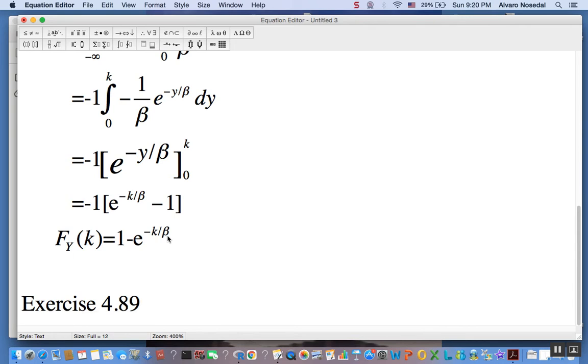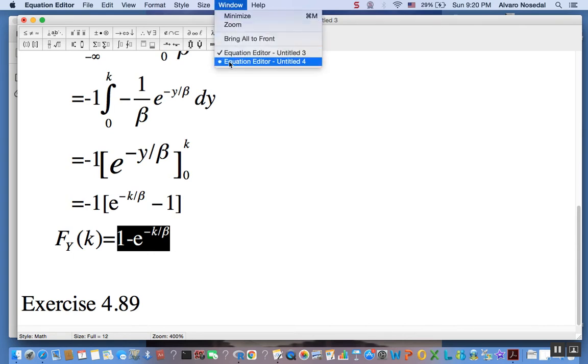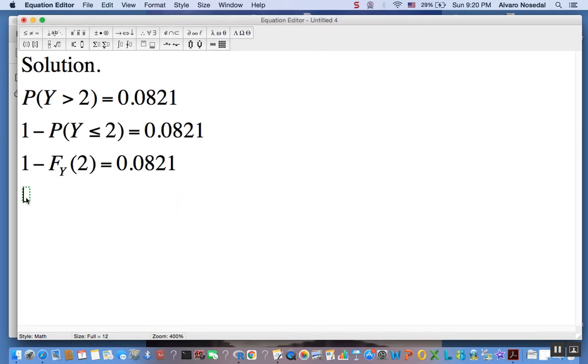So in this particular case, our k happens to be 2. So let me copy paste this here, and let's go back to this one. So we have 1 minus F evaluated at 2. I'll change that one in a sec. So k is 2 in this case,